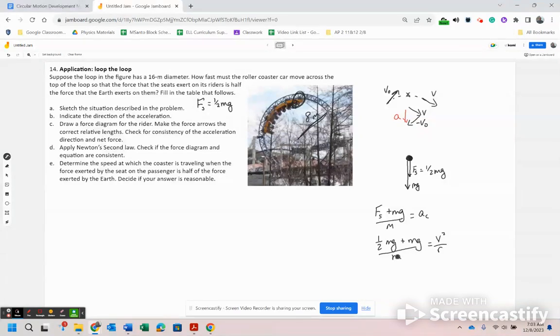So the masses will divide out of each term, leaving us with 3/2 g is equal to v squared over r. Multiply through by r, we get 3/2 g r is equal to v squared. Take the square root of the whole thing. And ultimately we get the speed is equal to 10.95 meters